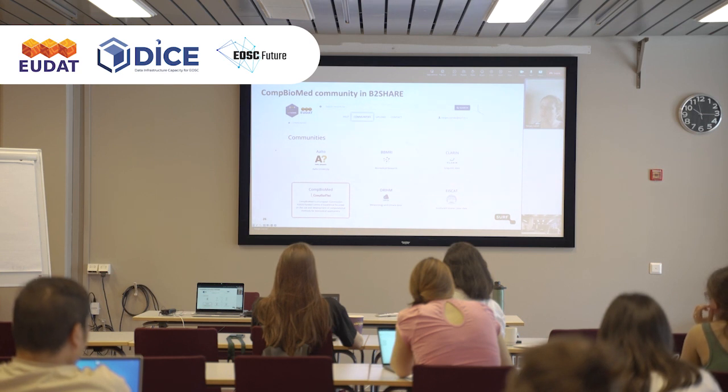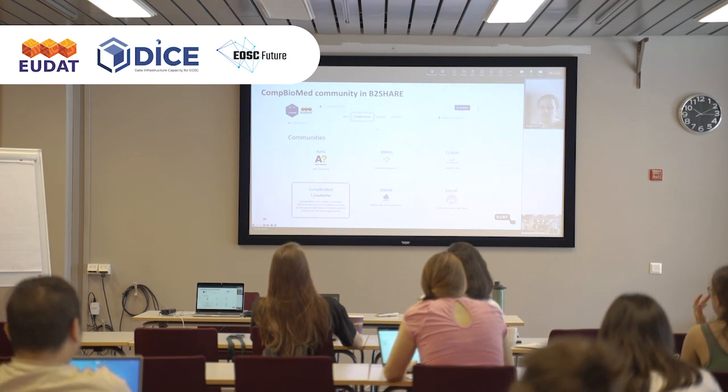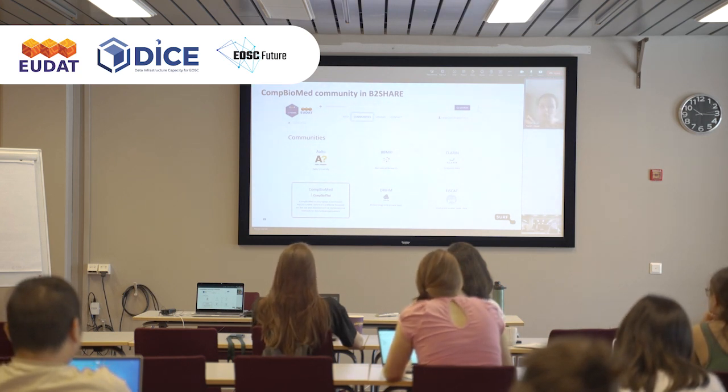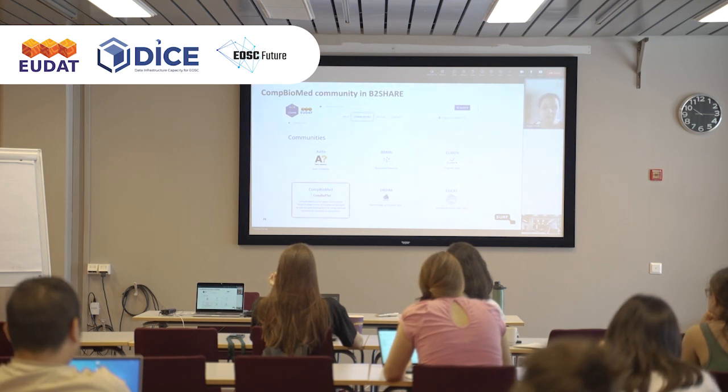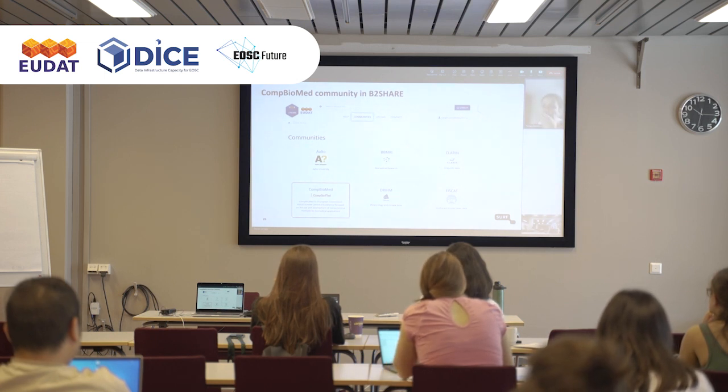Here, if you go to the repository, you can see all the communities that are under this repository, that are made in this repository. And the idea is that if I, as a researcher, am doing research in Biomed, for example, and I need to find all the data that is published in this community, I can go there and click on see what is being published under this community. And if I want to publish my data, I can choose this community to publish under it, and then